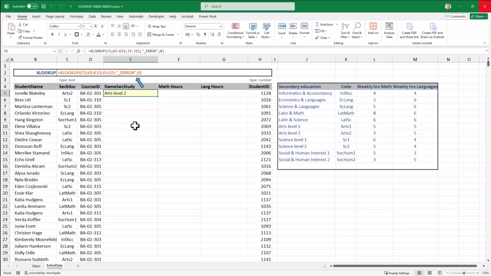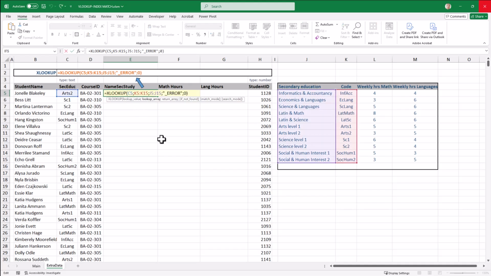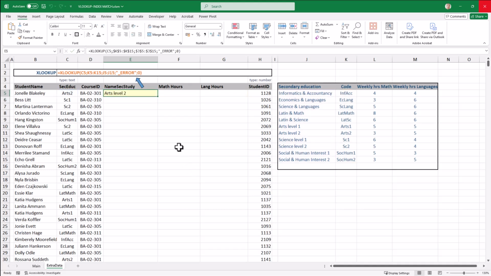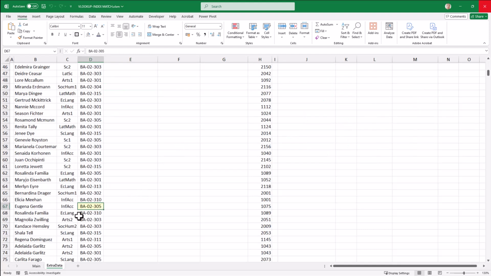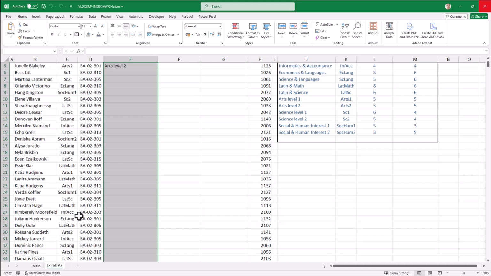So here, of course, I got in return arts level 2, and now it can fill it down. Of course, I have to correctly use my dollar signs here and here, fix these ranges, but of course the code C5 has to be C6, C7, etc. So I don't use any dollar sign here. So let me fill it down. Okay. And then fill down